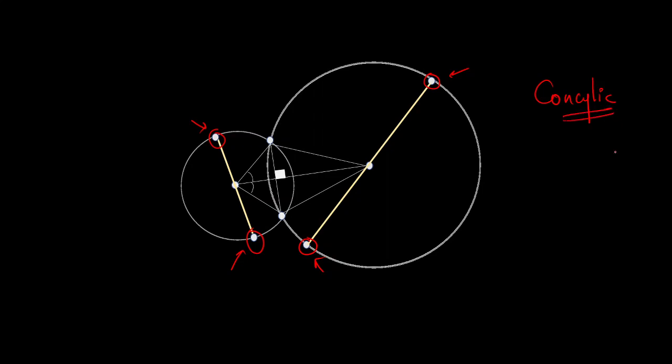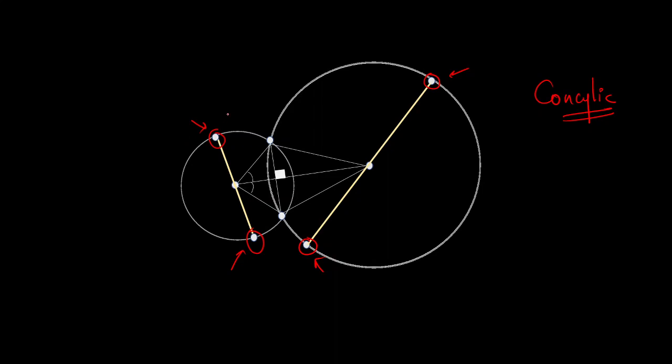The property of 4 points being concyclic is not a very simple property to apply algebraically, or even in geometry. It's not very simple to deal with such a situation. So I am not going to use any direct formulas or anything like that. Let's dive into it. If these four points are concyclic, let's first think about the circles which will